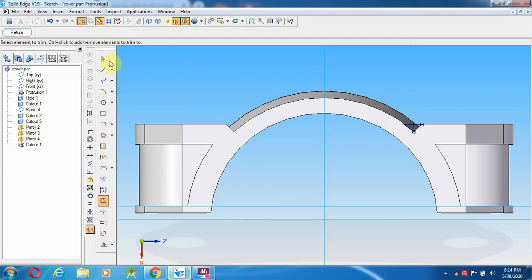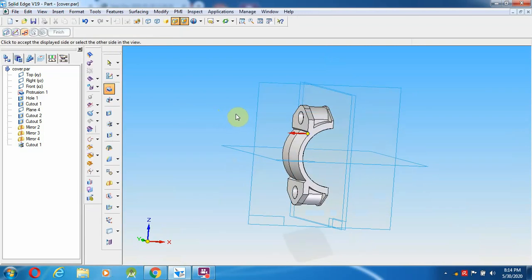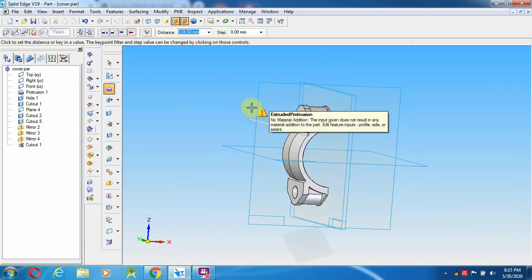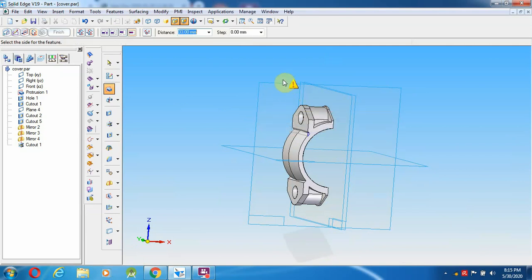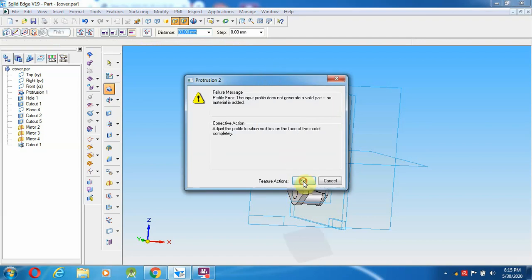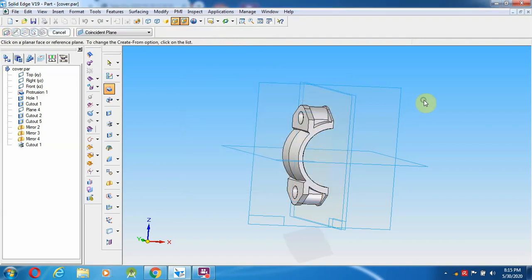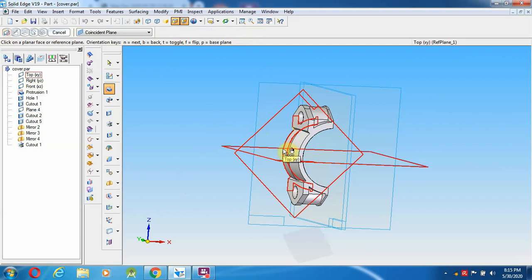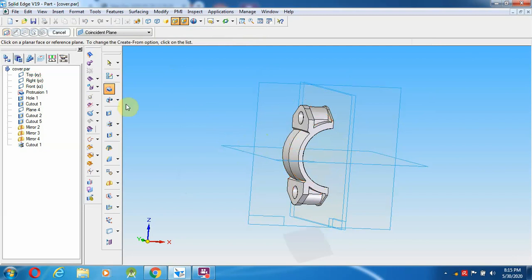Okay, then return. It has to go to this side. How much mm? It has full length, that is the 33 mm depth. We have given the distance left and right click.